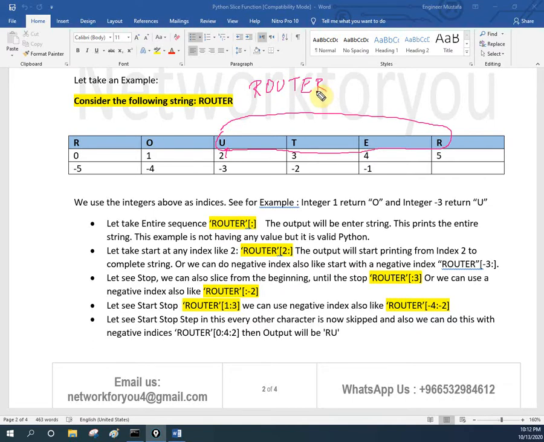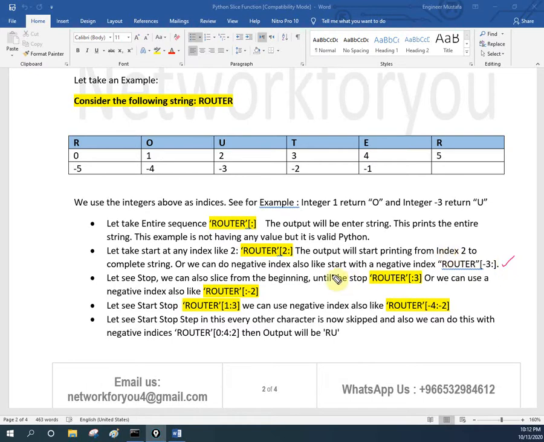But if you have any other example and want to fetch a particular area, you can write like this. Start from 2: this is 0, this is 1, and this is 2. So 2 to end; whatever the end is, it will take from 2 to that end. The output will be start printing from index 2 to the complete string. Or we can do negative indexing also, like starting from minus 3 till the end.